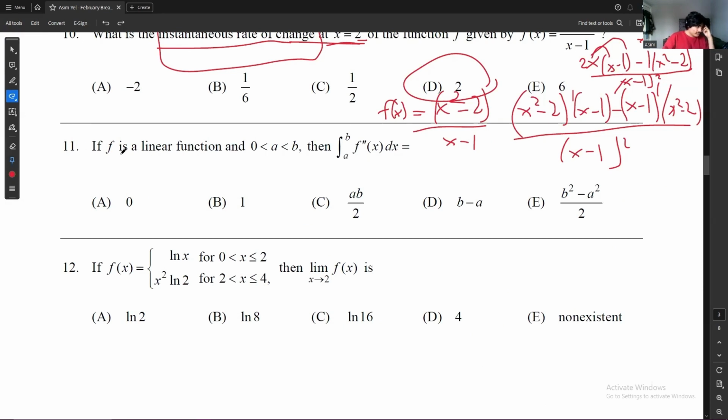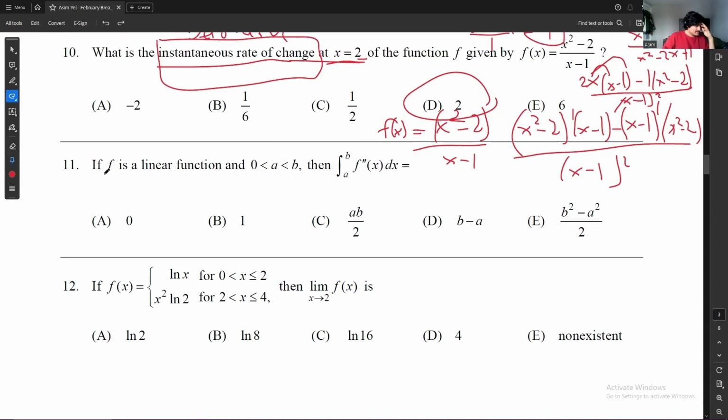Question number 11. If f is a linear function and 0 < a < b, then the integral from b to a of f double prime of x dx. So this looks like an alien language to many people. Just make sure that you know what linear function means. A linear function is a function which you can write as m times x plus n, and they're taking its